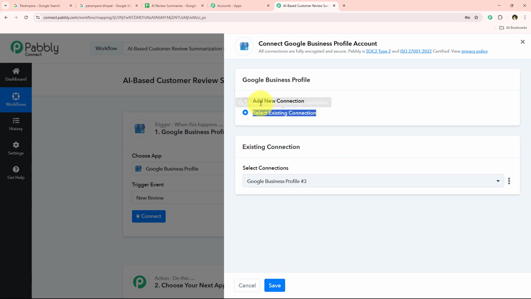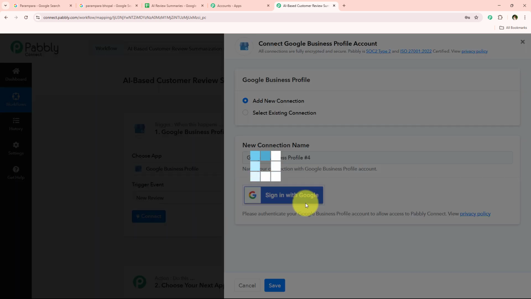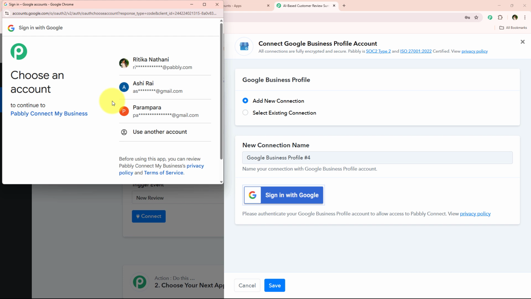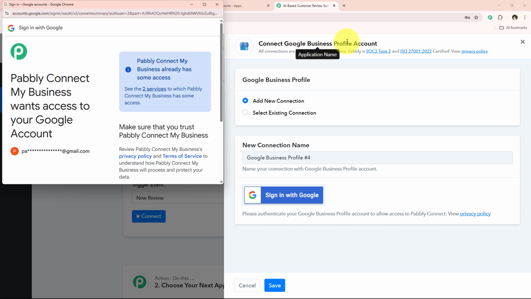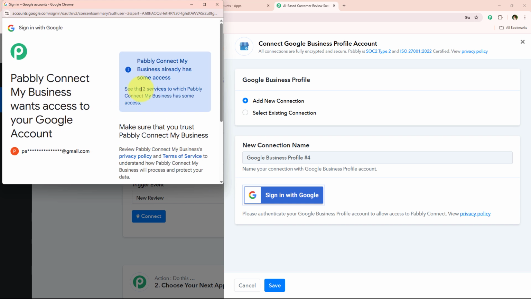But if you haven't, you have to follow me, click on add a new connection, and now we have to click on this blue button which says sign in with Google. And now Pabbly is asking me to select my Gmail account, with the help of which I'm just going to connect my Google Business Profile. So I'm simply going to select my Gmail account. And now I'm simply going to click on this continue because Pabbly is asking me for some permissions,